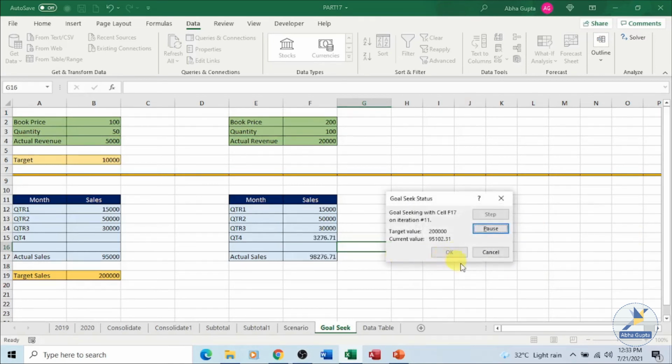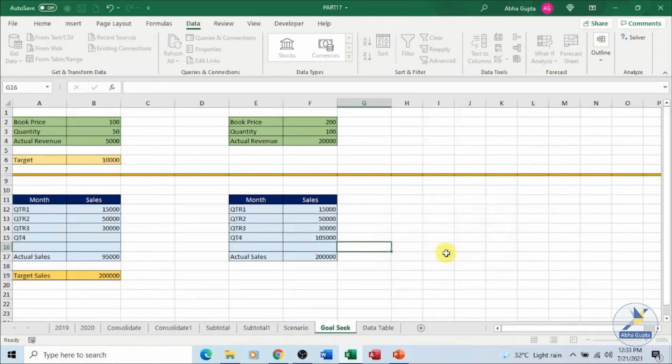It is calculating for you. Now it has given you a solution that you should sell 1,05,000 to achieve your target value of 2 lakhs. You can see the calculation being done at the same time. So in goal seek, you go backward, you have the output in hand, and by changing the value of one variable, you are looking for the target value.